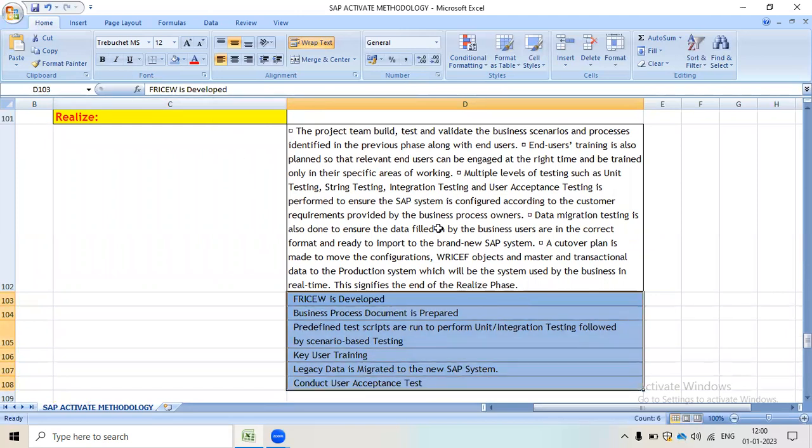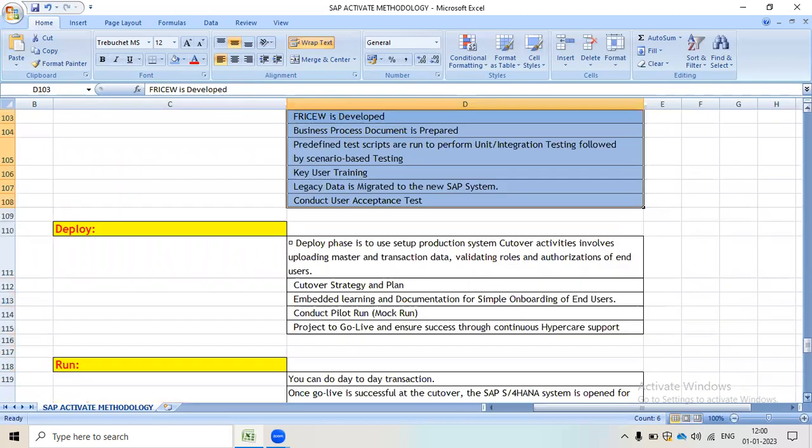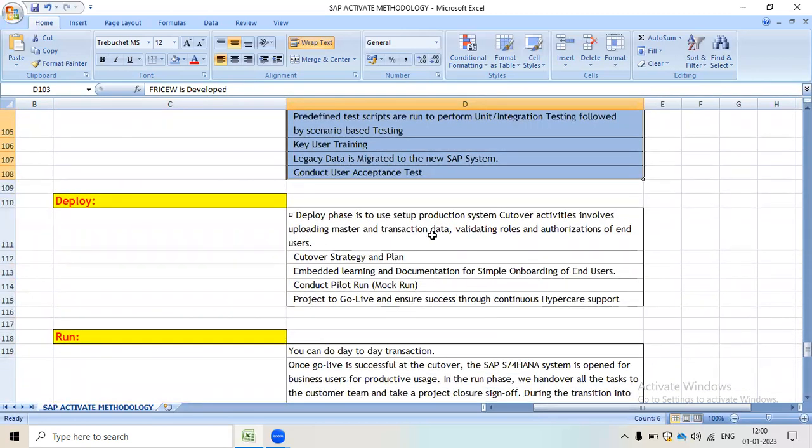After completion of this phase, we can move to the next phase, the deploy phase. The deploy phase is used to set up the production system.